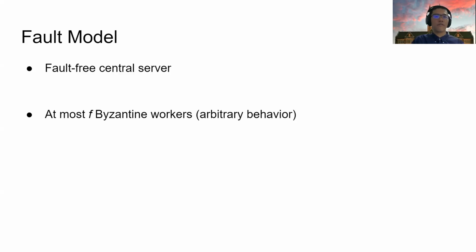Faulty workers can behave arbitrarily. For example, they can send arbitrary message, or they can act as they are crashed. However, since we assume the algorithm is synchronous, the server can distinguish the faulty workers if they act as crash workers and do not return anything within a run. And finally, we assume that the adversary is omniscient, so it knows everything about our algorithm, as well as the information in every execution. However, it can only manipulate the faulty workers.